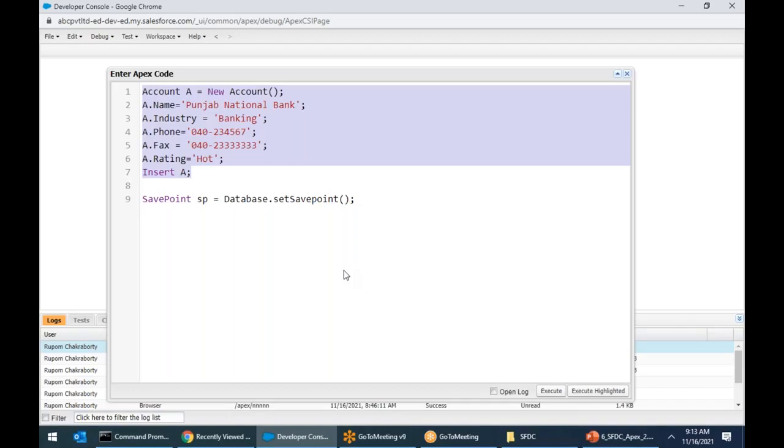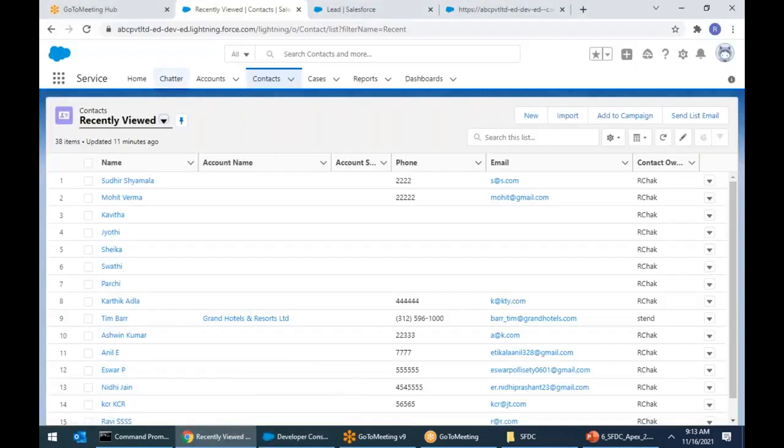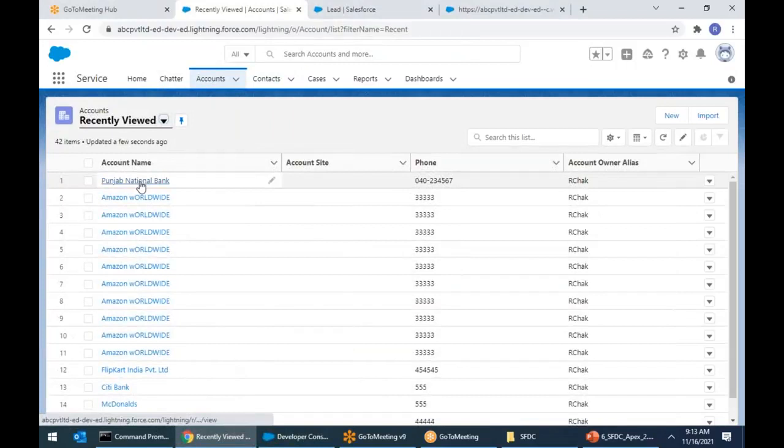That is the reason I'll show you step by step. Don't get confused. If I run this piece of command, what will happen? Do you want me to execute this? Yes or no? Not required, because this will automatically create an account called Punjab National Bank. If I execute it and go and check the account, I should be able to see Punjab National Bank